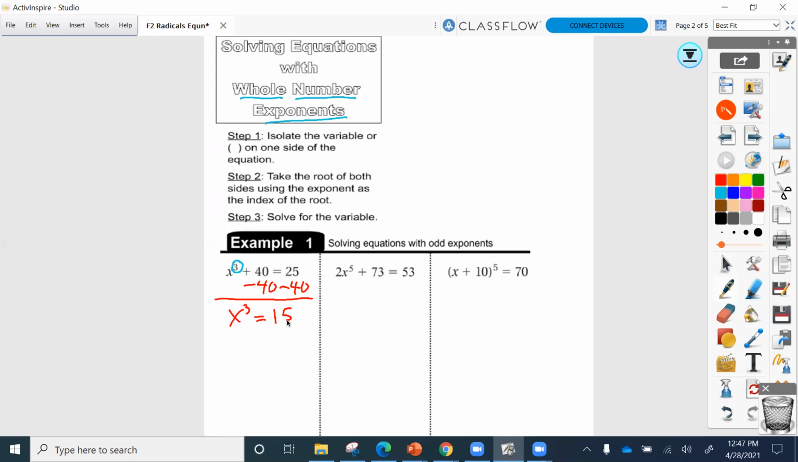So now what we're going to do, since we can't take the square root, we're going to take the cube root because that's what will make the 3 go away. Or you know what, I'm going to do this in a different step. So we're going to take the cube root of both sides of the equation. So x cubed and the cube root will cancel out, and you'll just be left with x. And this is equal to